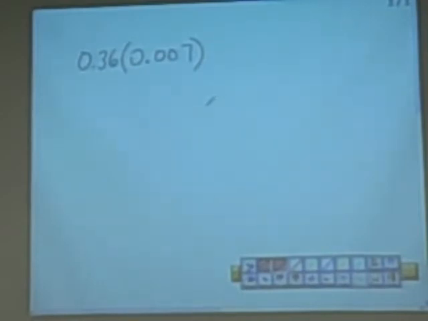Alright, so we put 0.36 here. Now for multiplication, you don't need that 0 before the decimal point. So for multiplication, I would just use the .007 and the .36,